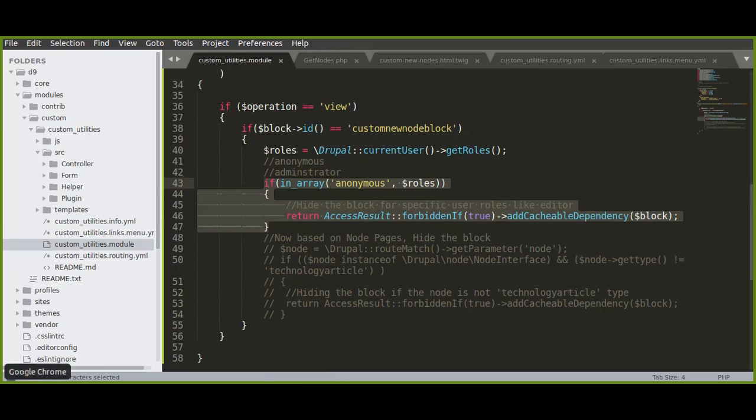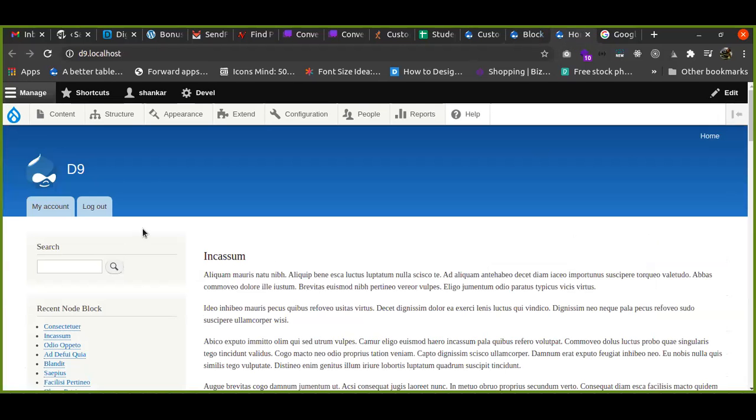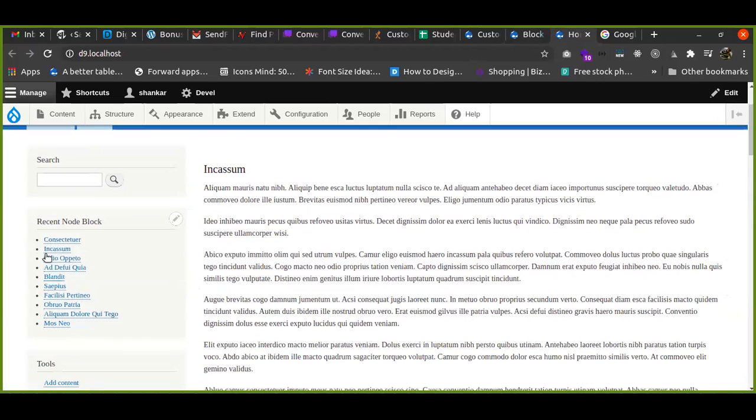Let me open the full Chrome. So this is the home page where I have enabled the block. To be able to see this, I have highlighted this block. This is the recent node block I have constructed programmatically.